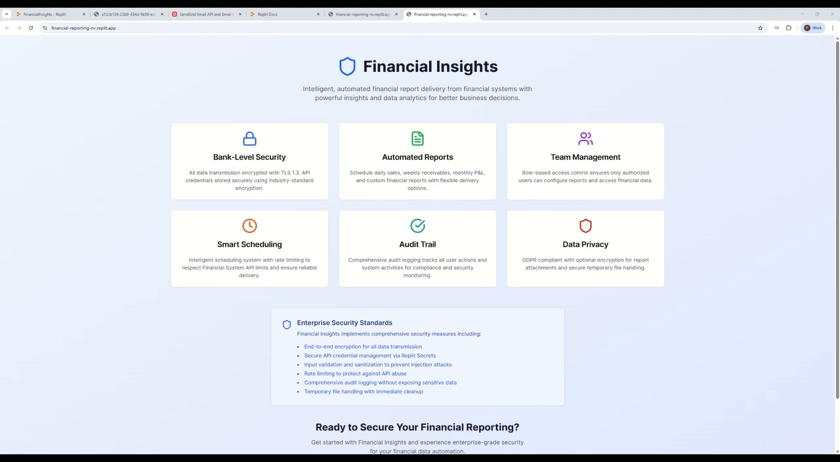This application, Financial Insights, is basically a comprehensive third-party platform which works as an add-on for financial systems, and it seamlessly integrates with existing financial system installations to provide essential business management capabilities that complement and extend core financial functionality. And if I go with a bit of